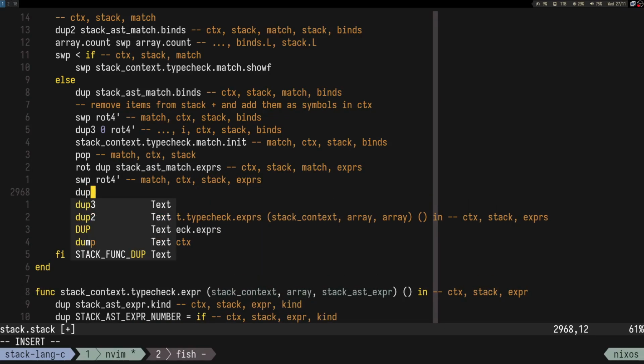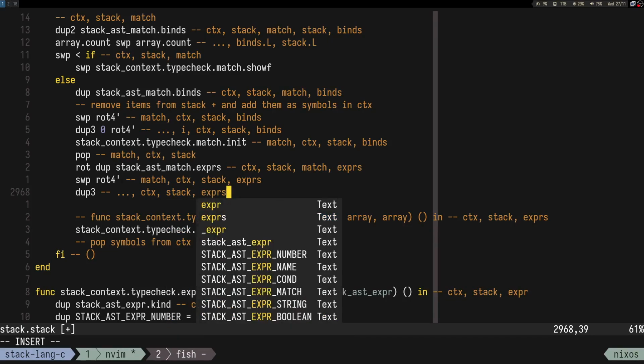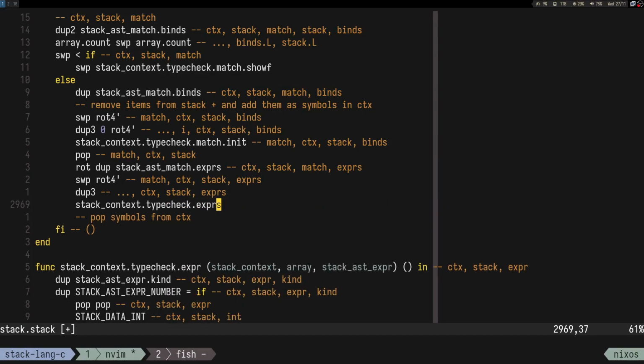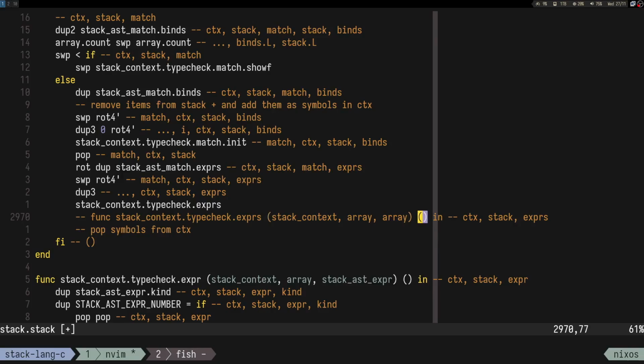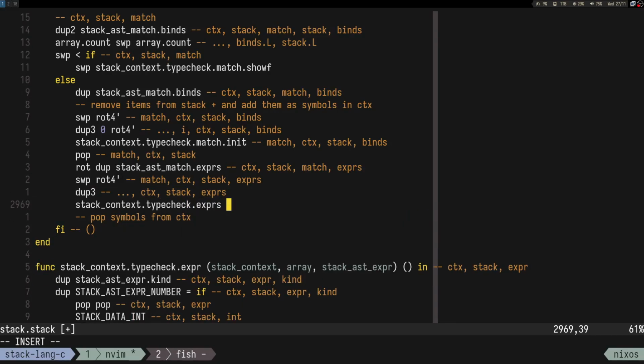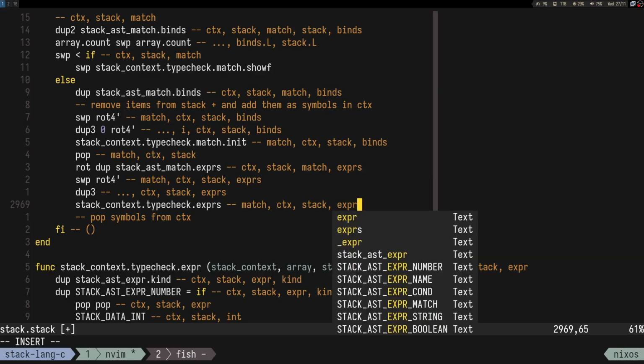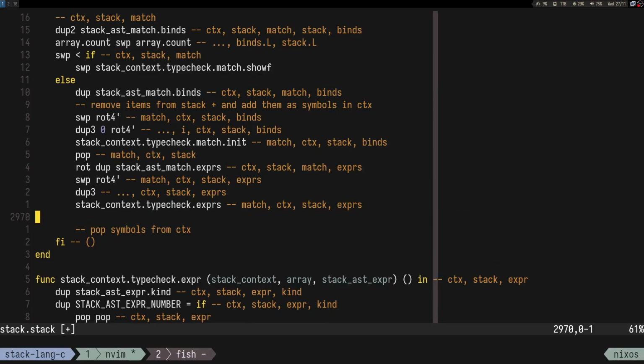Then we can, for instance, dup3 again, context stack expers. We have the right arguments, right? Context stack expressions. So after this thing, we are gonna have match context stack expers, and now we should pop